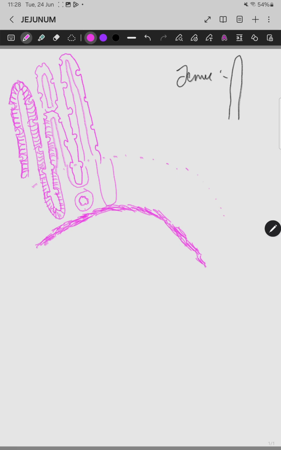You can draw the striation inside, then you draw the columnar cells like this, and this is a section of the villi. You can see it here also. So same drawing we can see, and put the nuclei same as that of all columnar cells, and where you see the goblet cells you can put them horizontal. In all other regions we can see the typical elongated nuclei. This is a goblet cell, and then typically elongated. This is a goblet cell. Then like this goblet cell, put the nuclei.